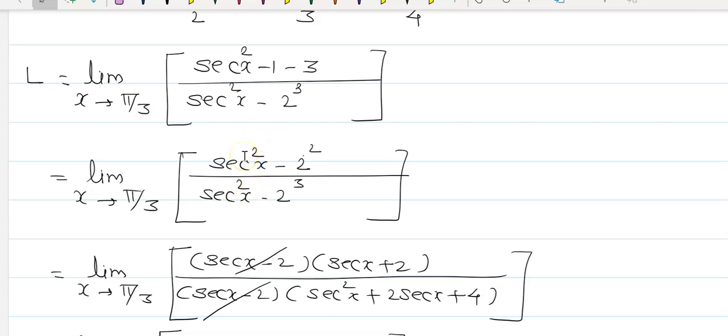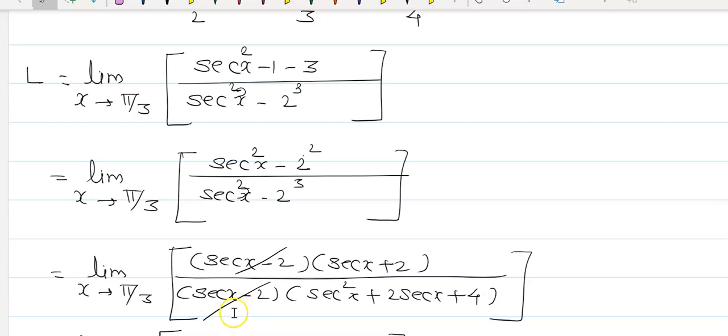By mistake I had written sec. I can change it. This is the sec cube,